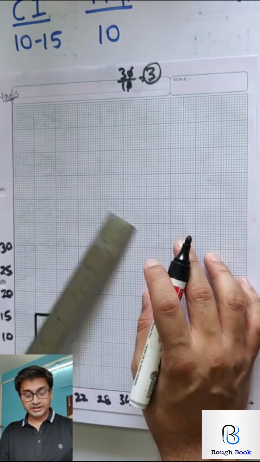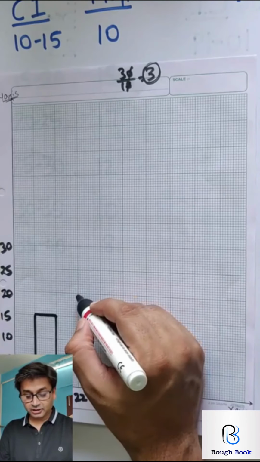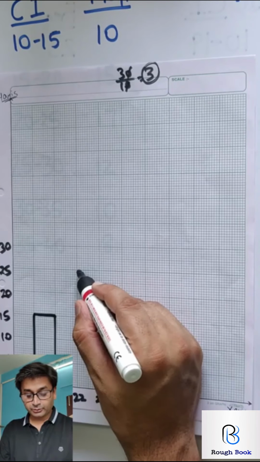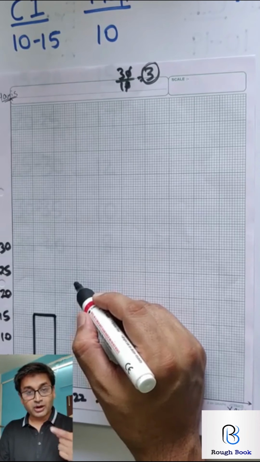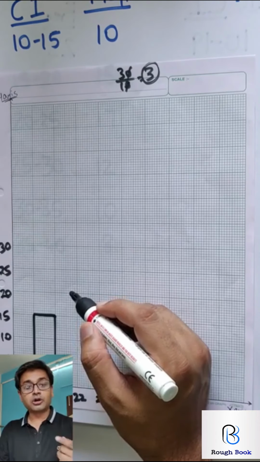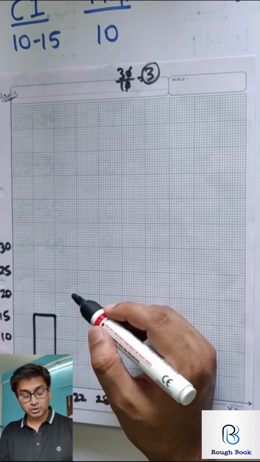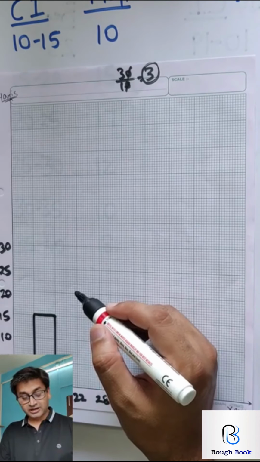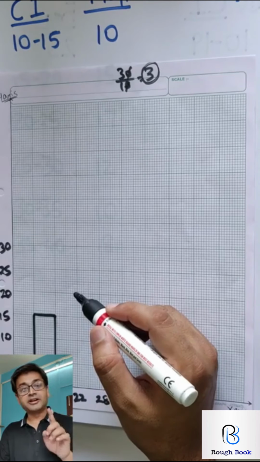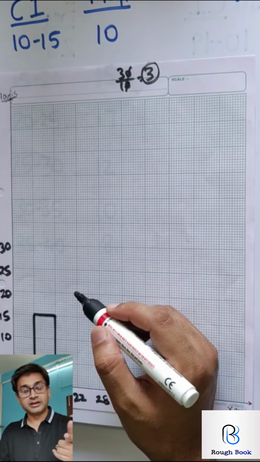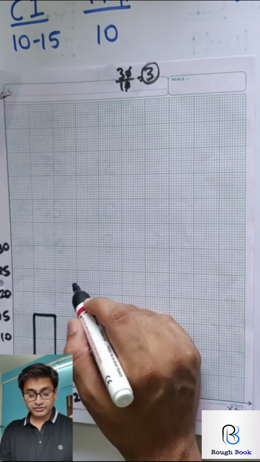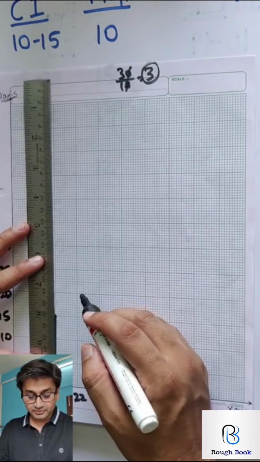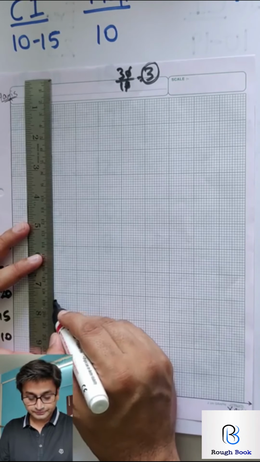Let's go to the next one, 23. Now 25 and 20. So this is 20 and 25. The middle one is going to be 22.5. And then there every one line is going to be 0.5. How do you come to know how much is one line? So you have to see 0 to 5, that means 5. So there are 10 lines, 10 divided by 5 or 5 divided by 10. When you do 5 divided by 10, automatically you will get 0.5. That means each line is 0.5. So we'll have to take one line extra, then the middle line. That means 6 lines from there.